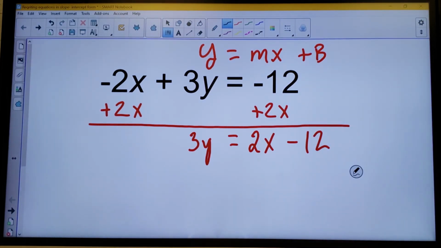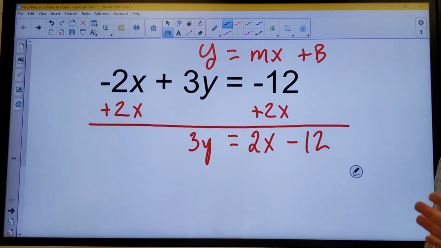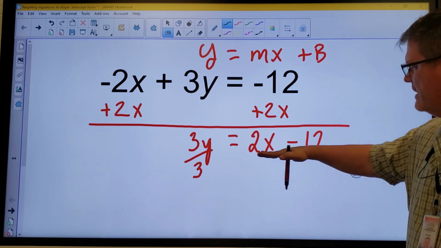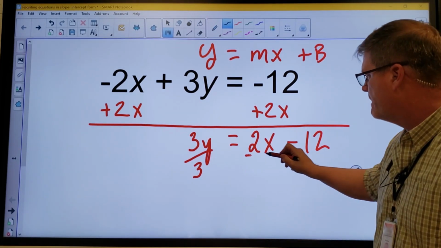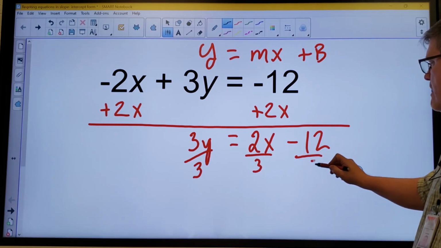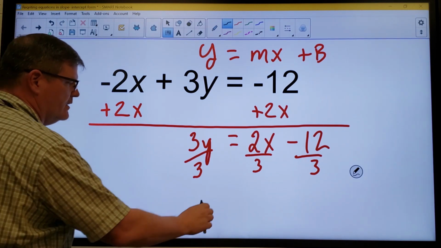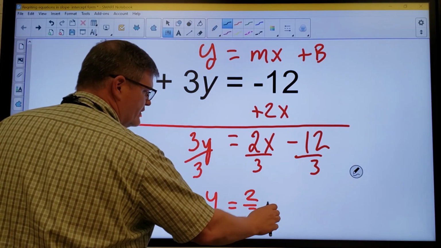So how do I get rid of the 3? Well, it's connected to the y by multiplication, so we're going to use the inverse operation. We're going to use division to get rid of it. So we're going to divide by 3, and then over here we're going to divide everything on this side of the problem by 3. So then what we'll be left with is y equals 2/3 x